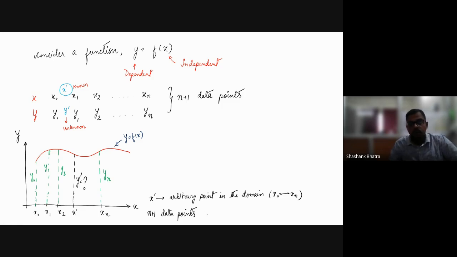And yes, one of the most important points here is that all the data points are equally spaced distinct points. So all these are equally spaced distinct points. So, in basic terms, if I write down the definition of interpolation,